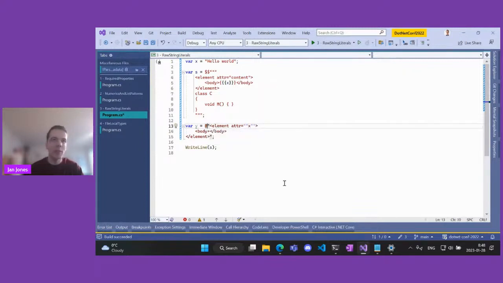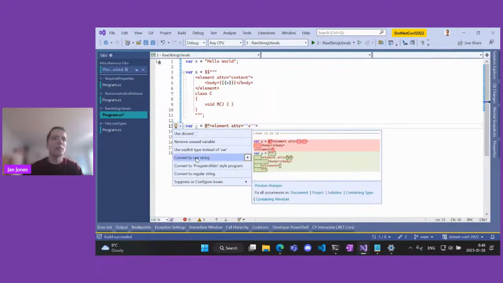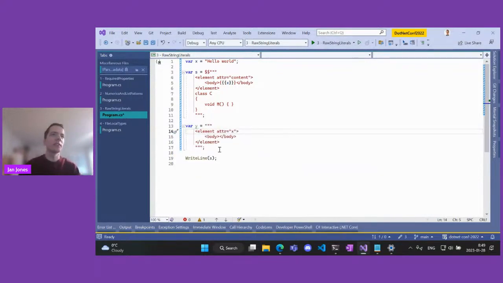So what you do is use a quick action. For example, this light bulb or Control dot, and use this convert to raw string action. You can even do this in the whole document, project, or solution. So you can convert your strings to raw strings if that makes them more readable, for example. Although maybe it won't pass a code review, such a change, but yeah, you can do that. And it even nicely indents the string literal, removes the escape characters and everything.